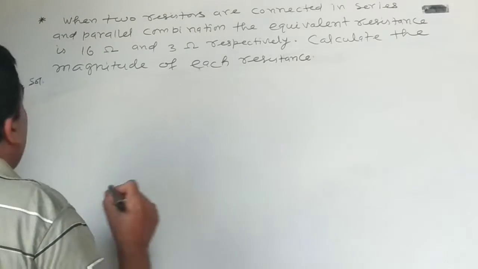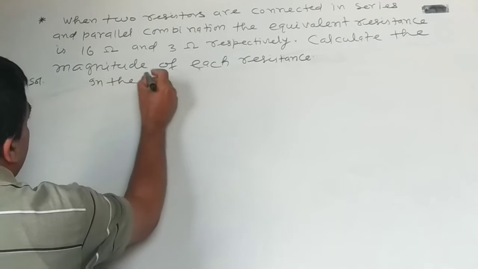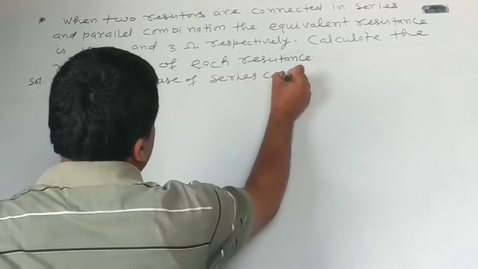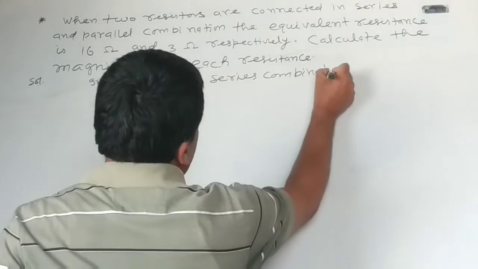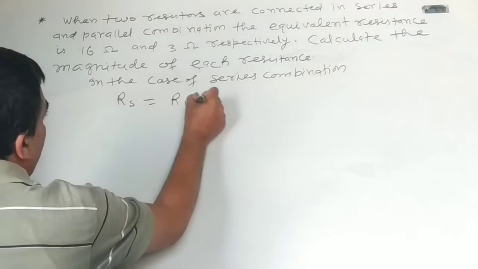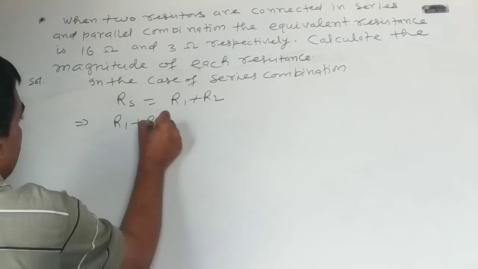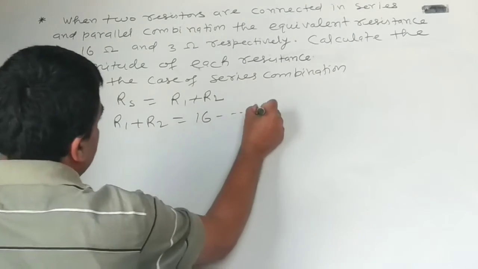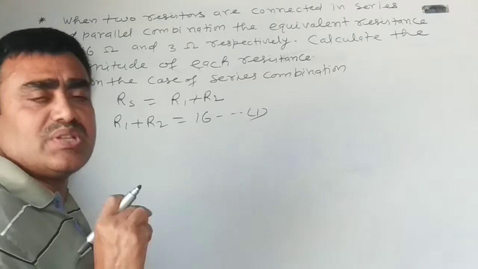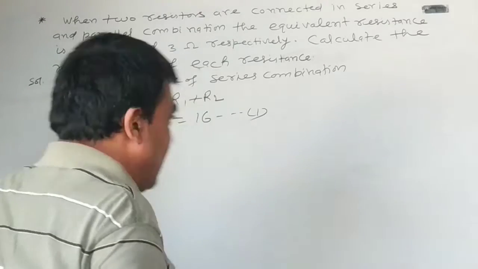So in the case of series combination, Rs is equal to R1 plus R2, that implies R1 plus R2 is equal to 16. This is the equation 1. According to your question, equivalent resistance in series combination is 16 ohm. Okay. In the case of parallel combination,